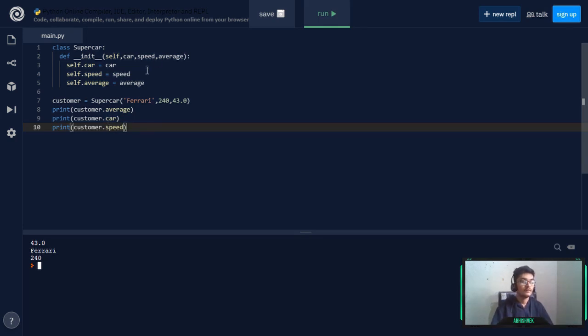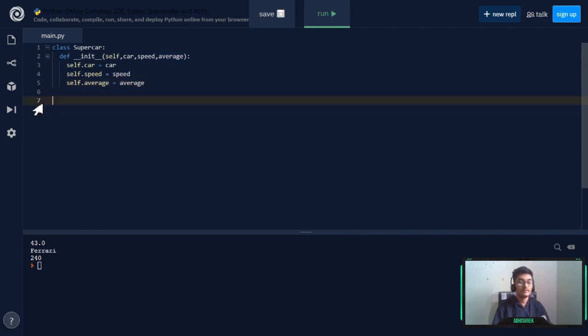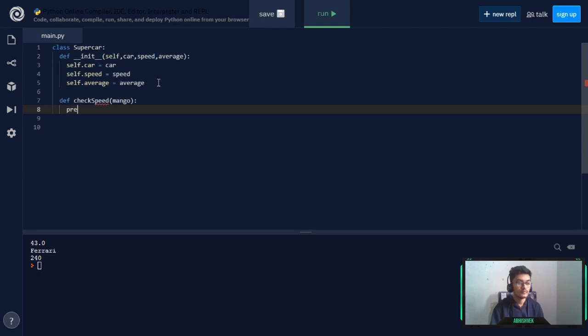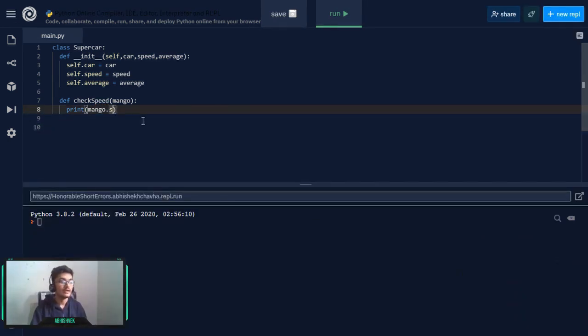Now let's move forward. Now we can also do one thing, that is remove this here, and you can instantiate your object method here. Now the object method will refer to a new method on this class. So we can do one thing, that is come down here, write a new method, let's say check speed. Now it will take a self argument, but instead of self you can write any name here. So let's say mango, why not? Okay, so mango, and I can write here as a print mango dot speed. So let's try to access the speed here.